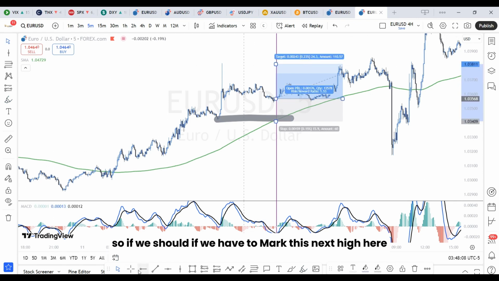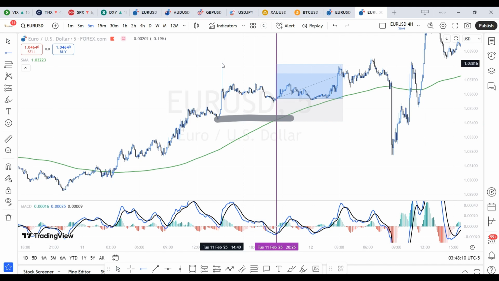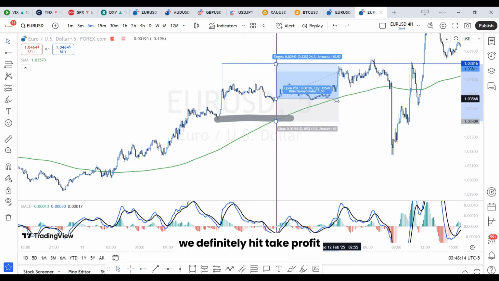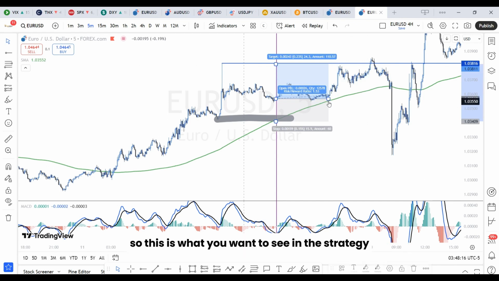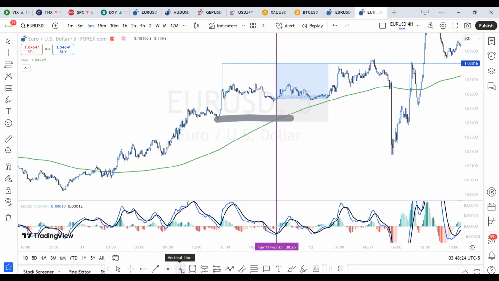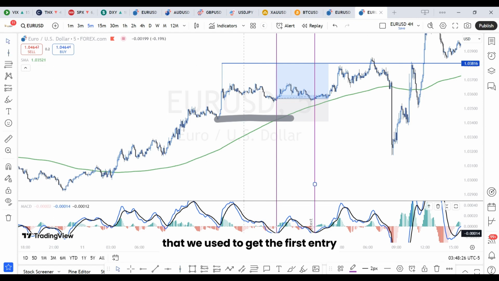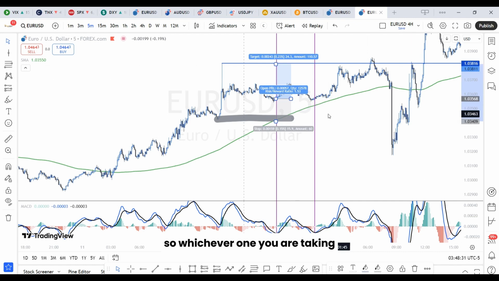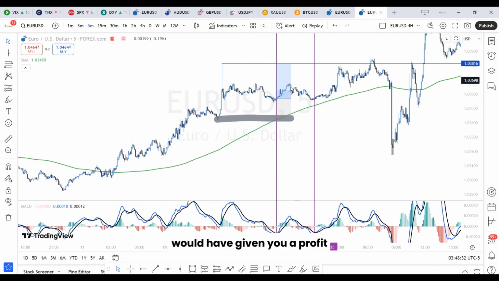So if we were to mark this next high here, you can see if we should trail it, we definitely hit take profit. So this is what you want to see in the strategy. We have two possible entries, one here and another one here, with the same logic that we used to get the first entry, the same logic we used to get the second entry. So whichever one you are taking would have given you a profit, and this would have been a 1:5 risk